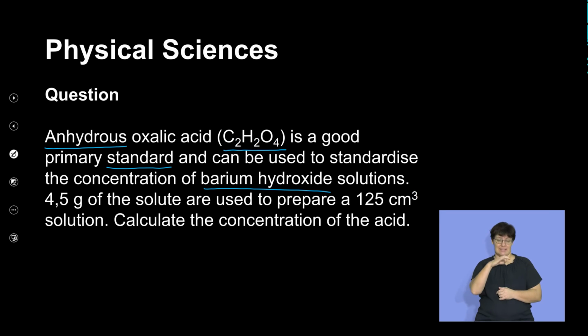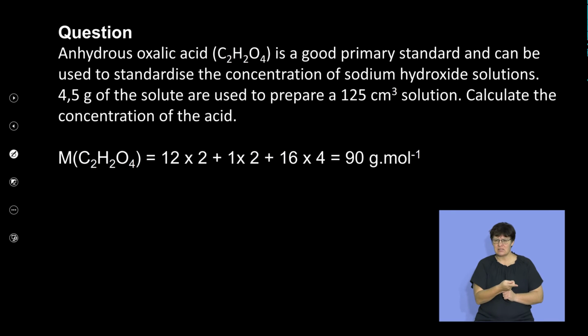Now, which acid are we talking about here? We're talking about oxalic acid. Remember, if we are to determine the concentration, we know that concentration of a substance is equal to number of moles over volume. But we first have to determine the moles, and we know that the moles of a substance is equal to mass over molar mass. So as a result, we can safely say concentration is equal to, this is from the data sheet, mass over molar mass